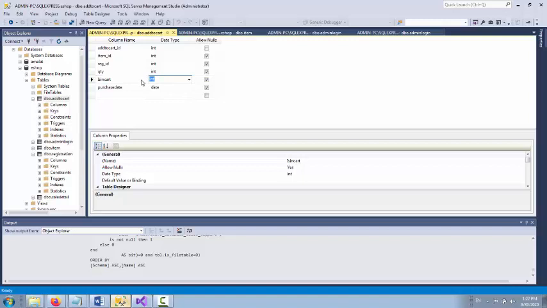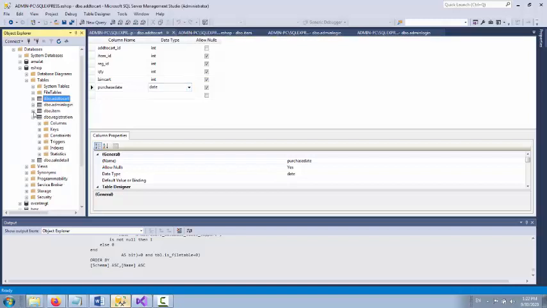It can be 0 or 1. If you put 0, it means it is not available inside the cart. If you put 1, it means it is in the cart. And the purchase date is of type date. It is one of the simple tables.